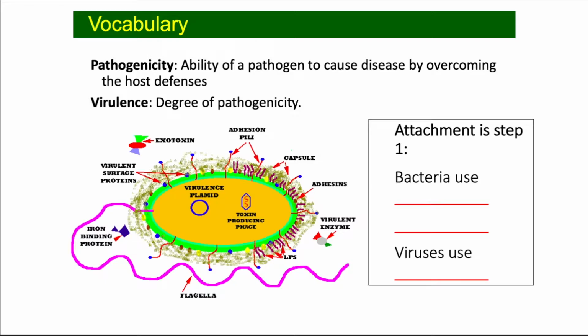The first step would be the attachment step. Based on our understanding of the morphology of bacteria and viruses, they use different mechanisms in terms of their attachment. The structural components of a bacterium, like the pili, will produce adhesins or fimbriae that help the bacteria attach to host cells. For viruses, if it's an enveloped virus, then it will have membrane proteins that help it with its attachment. If it doesn't, then the capsid has structural protein components that help it to